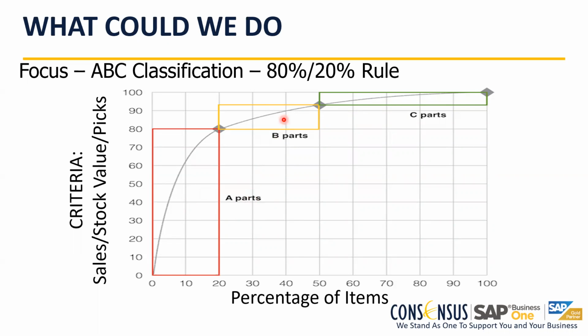The B items, maybe the next 30%, 40% of the items, if I run out of them, I would say the impact on the total revenue from sales is not going to be that significant, but it could be. And if I run out of inventory of one of the C parts, provided this is not necessarily needed in order to be able to sell an A item, the impact on the total revenue of the company is going to be limited.